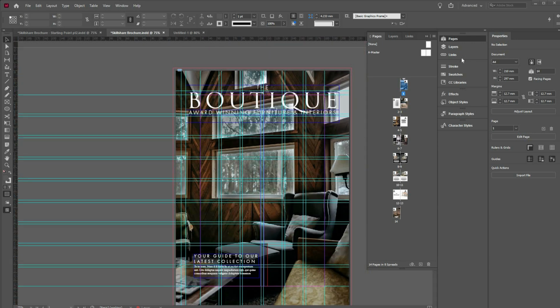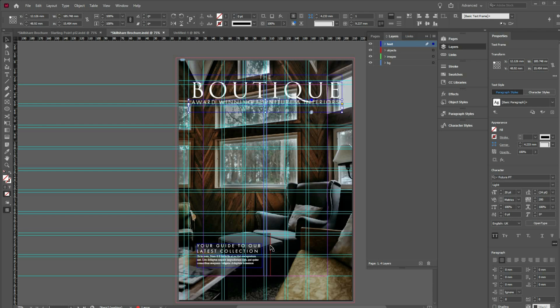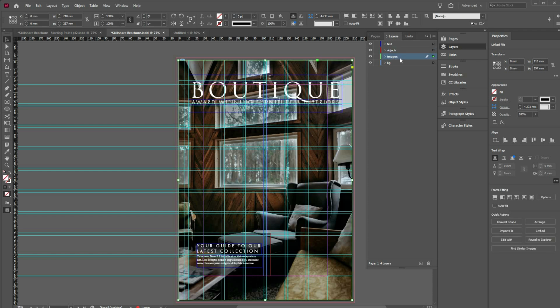Lastly, and this is an important part of a framework, layers. And if you click open the layers panel, you'll see I've organized the content into layers. I've named 4 of them: a background layer, an images layer, an objects layer, and a text layer. So this vivid blue you can see is applied to these text elements. You've got a red outline here for an object. So we've got an object there which is sitting behind our text but above the underlying image,